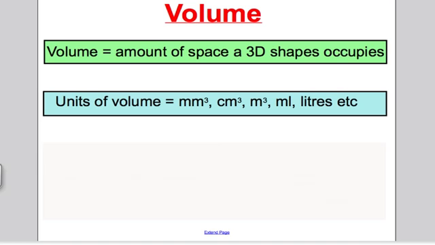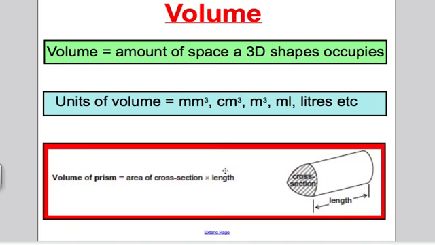Okay, last little bit of talk here. What does the formula booklet give you in terms of volume? Well, it gives you this picture here. It tells you that the volume of a prism is the area of the cross section of that prism multiplied by the length. Now, that actually isn't a prism really mathematically, but let's not worry too much about the definition